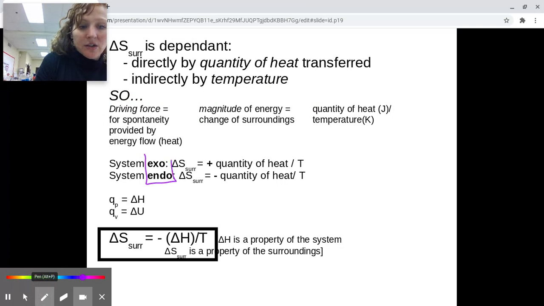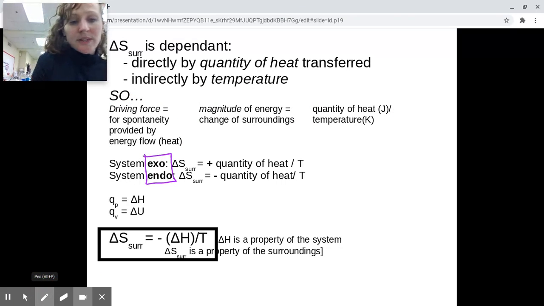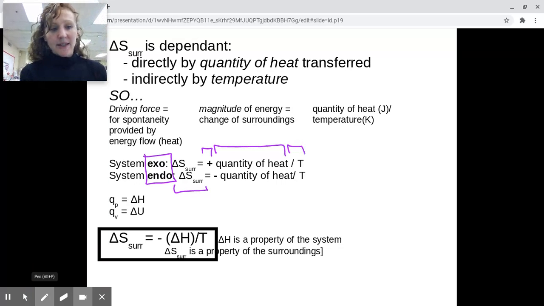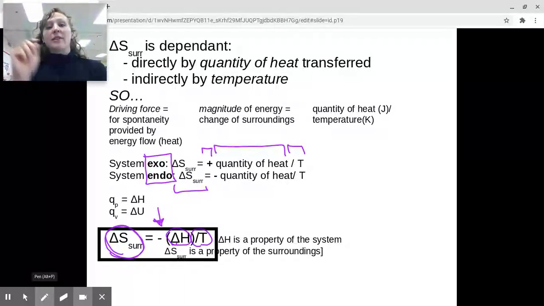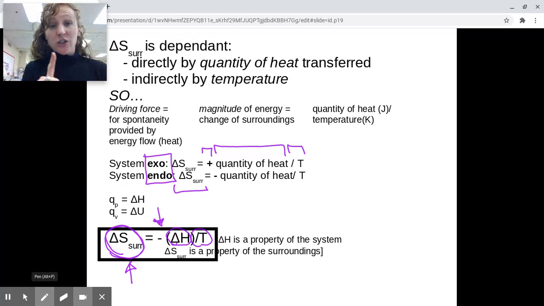So here's our exo versus endo systems. We're thinking in terms of entropy of the surroundings. And you're going to look at the sign, the quantity of heat that's transferred divided by the temperature. Okay, so here we have that in an equation form, entropy of the surroundings. You see the sign here, and then you have enthalpy divided by temperature. So if you have the enthalpy and the temperature, you can figure out what the entropy change of the surroundings